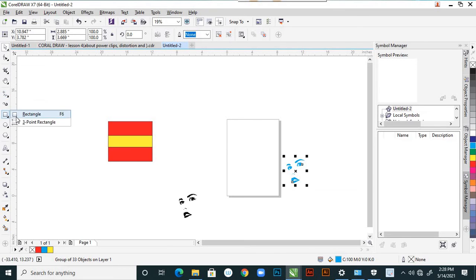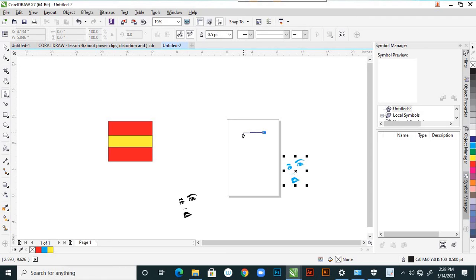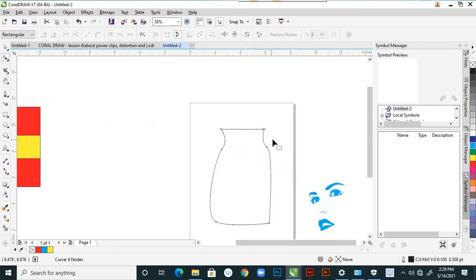Like suppose here I'm creating one object with the pen tool, and give some shapes with the shape tool.